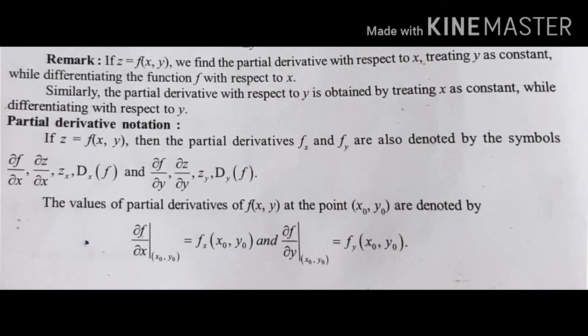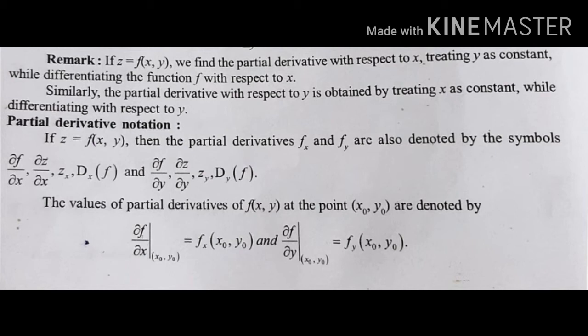So we see that if z = f(x, y), for the partial derivative with respect to x, we treat y as constant while differentiating the function f with respect to x. Similarly, the partial derivative with respect to y is obtained by treating x as constant, that is, we differentiate with respect